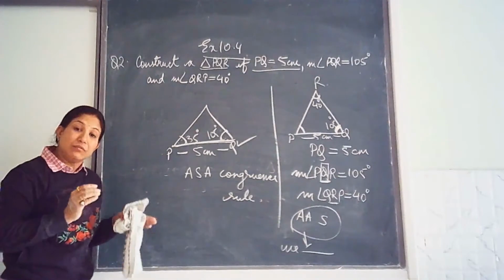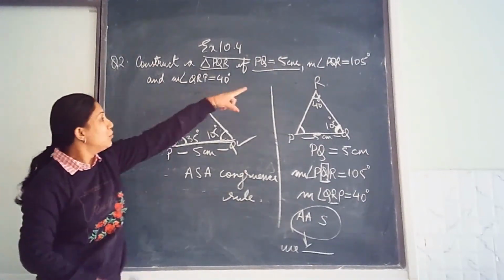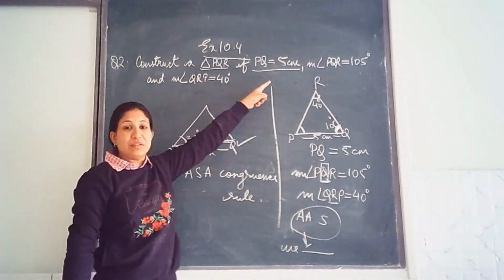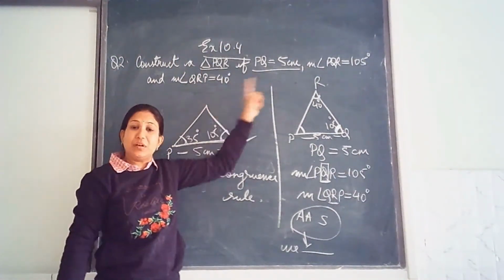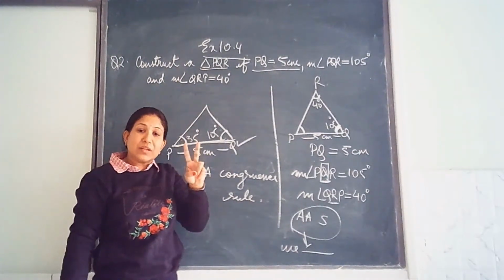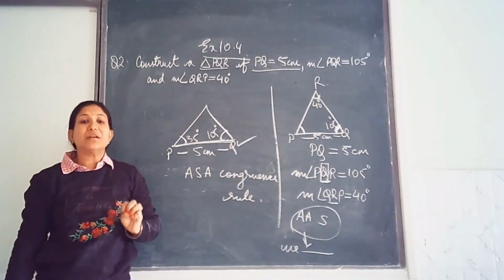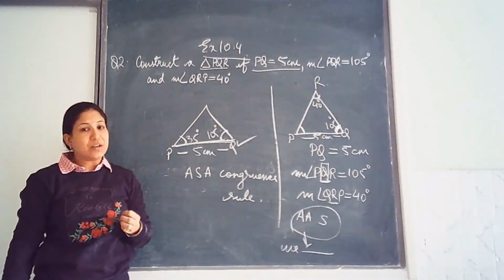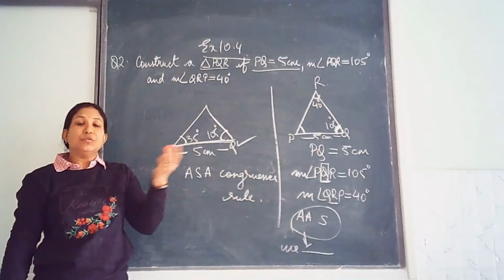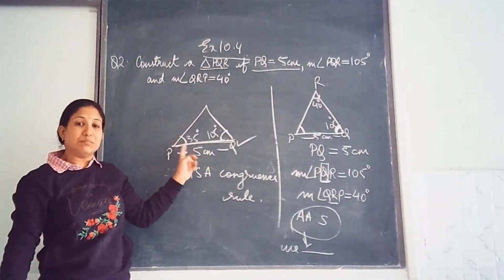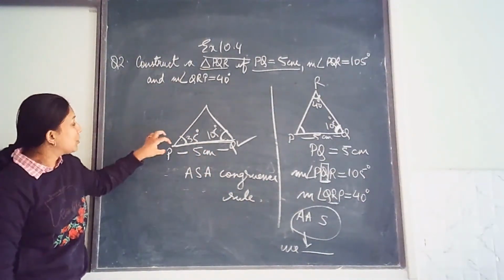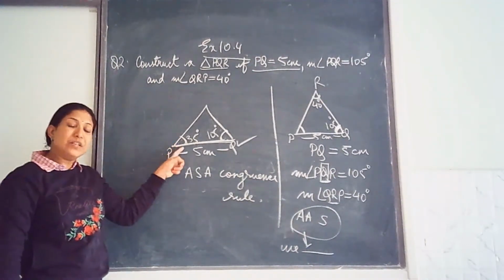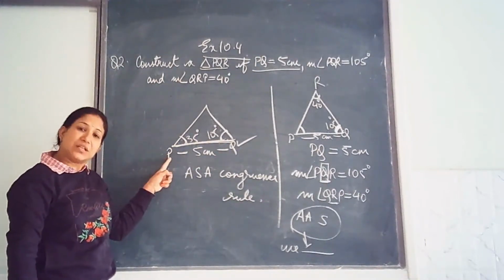What is the main work of this question? Two angles are given and one side is given. But the side is not included between the two angles. But two angles are given. So in a triangle, we have this angle sum property: the sum of all the angles is 180 degrees. So the two known angles, you subtract from 180, you get the missing angle. Why have we done this? Because it will serve our purpose of knowing this angle. Once we know this angle, now we can construct a triangle.